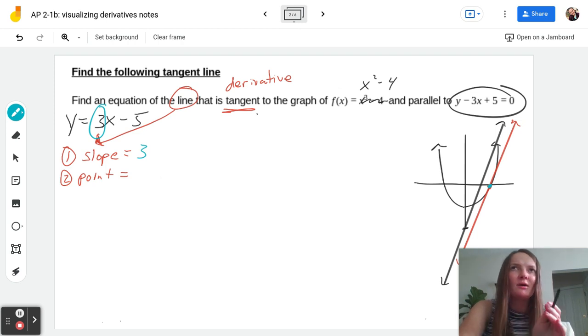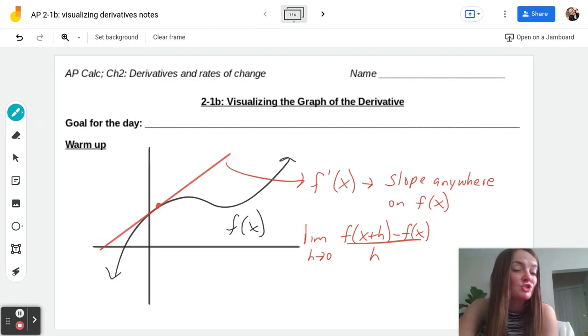When does the quadratic function have a certain slope? That's interesting. That actually reminds me of what we just talked about. F prime, the derivative function, is the slope of anywhere on f of x. So anywhere also includes 3 as a slope. So if I can find the equation of all of the slopes of the entire quadratic function and set it equal to when that slope is equal to 3, I should find the exact point when the slope is equal